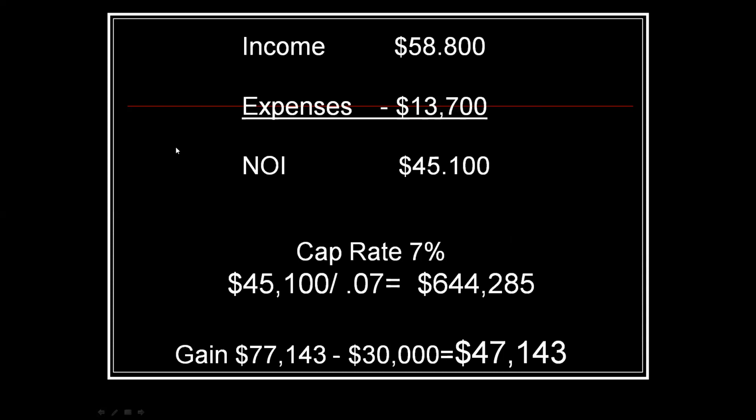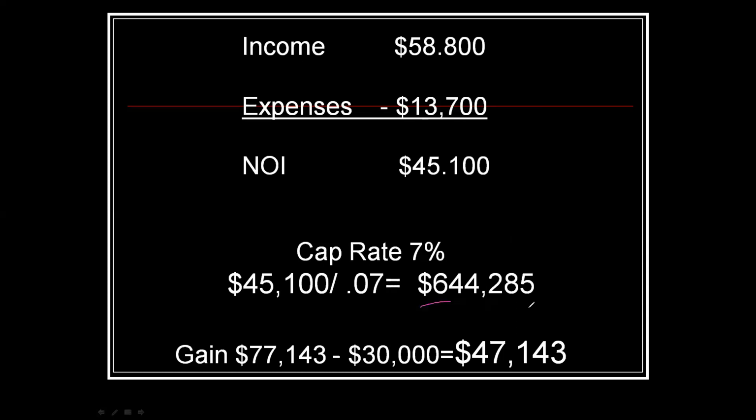And what that gave us now was a new income. Our income, right, because it was $50 a month less on each of those, our new income is $58,800. And our new expenses is $13,700 because we took away that $9,000 for oil. That gave us an NOI of $45,100. So if we take $45,100 and we divide it by 0.07, now our value is closer to what these guys